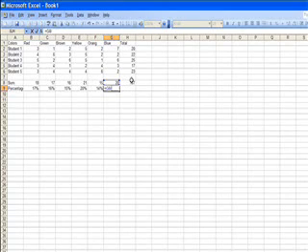Now I'd like to find the average for each color. So the first thing you're going to do is